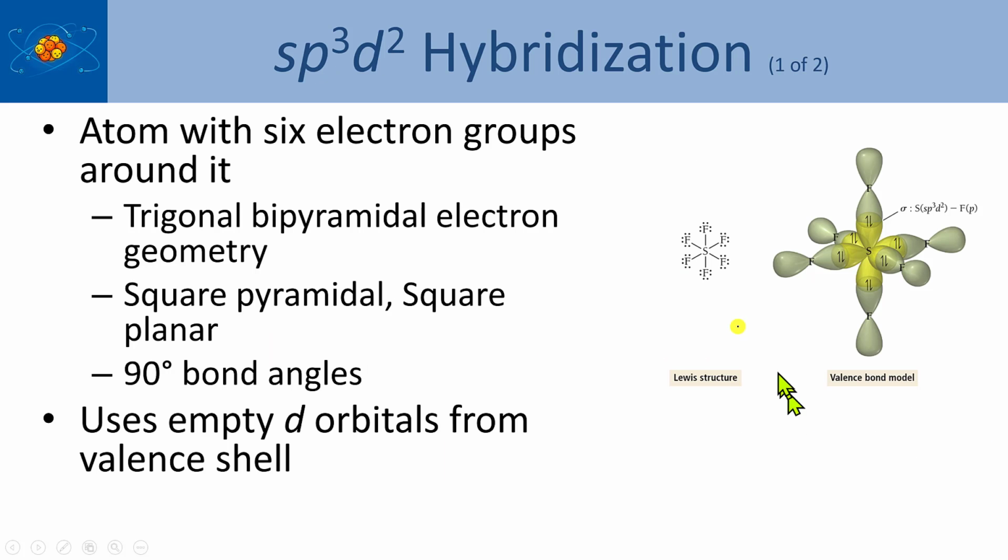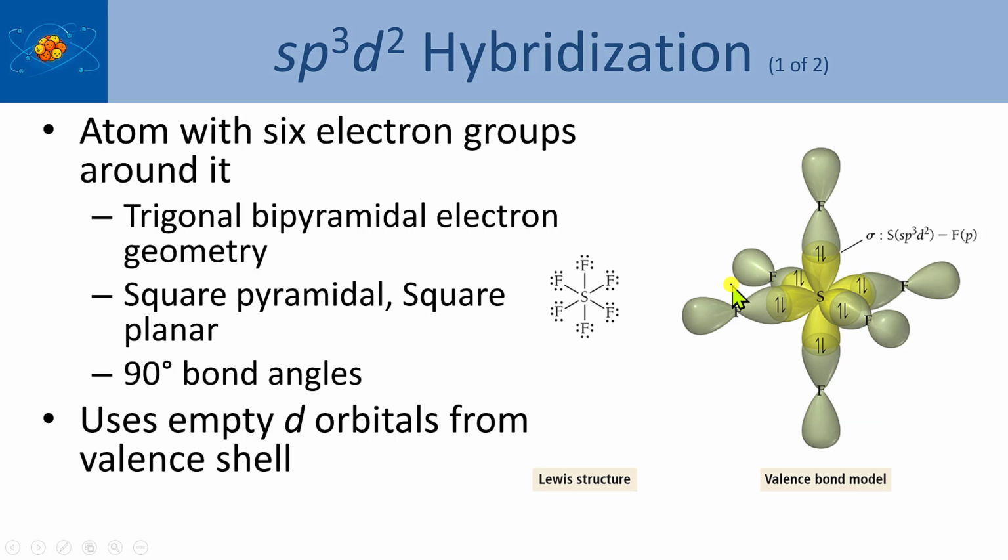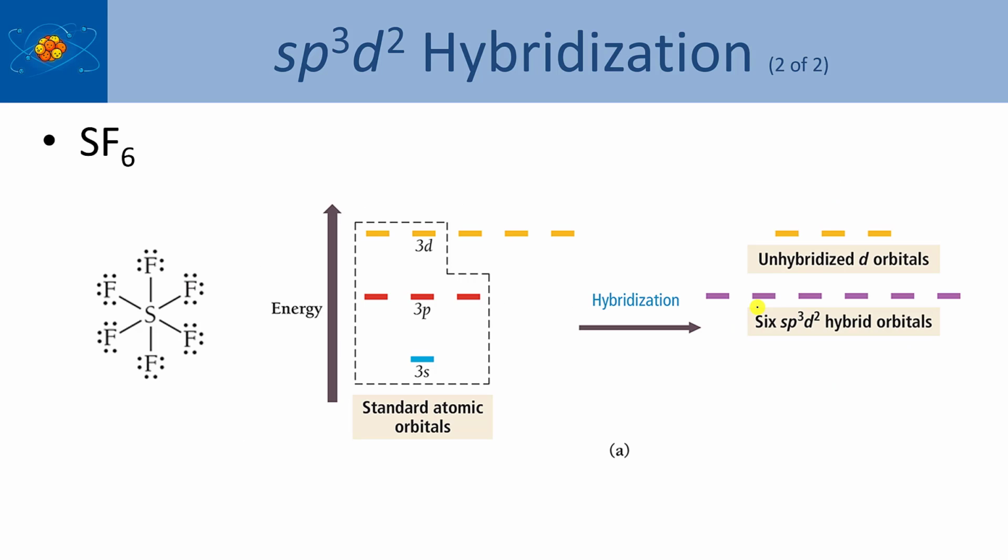So adding one more electron group on the central atom would make it sp3d2 for a total of 6 groups on the central atom. The bond angles are all 90 degrees in that. So for sulfur hexafluoride that we show here, we have a sulfur in the middle, right, with its sp3d2 orbital and the fluorine with its p orbital. If we look at the orbital diagrams,